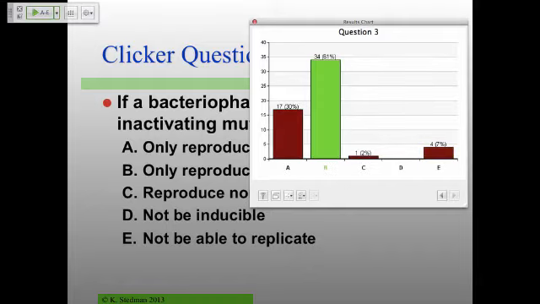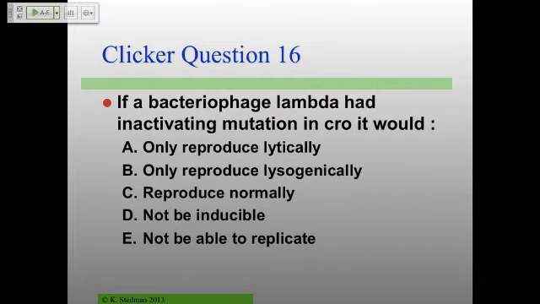But it requires you thinking a lot about it. So it does reproduce normally. It's inducible just fine, because if you are replicating lysogenically, you've got C1, that'll get cleaved. That has nothing to do with CRO, and replication also works. So that being said, that is a nice reminder that